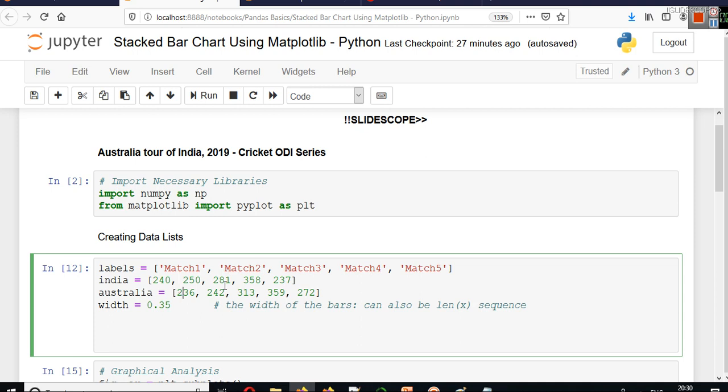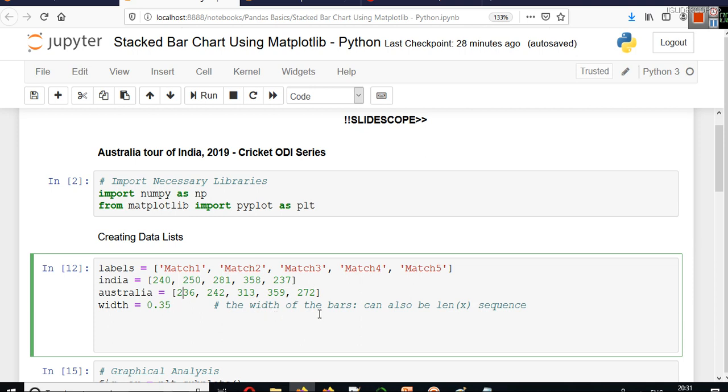So it was a 5 match series, and in every match there was a match between India and Australia, and India scored, so let's say, 240 runs, Australia scored 236 runs, India won the match, and similarly we have other data also.